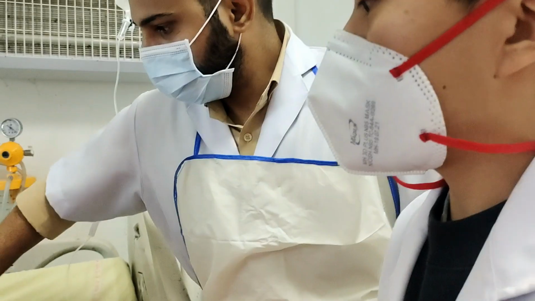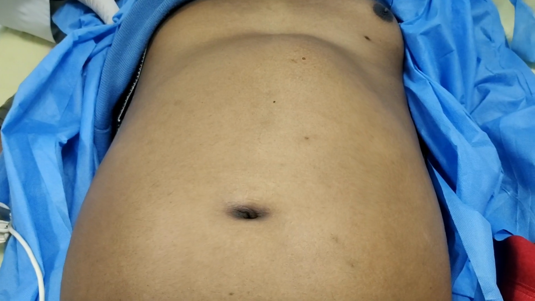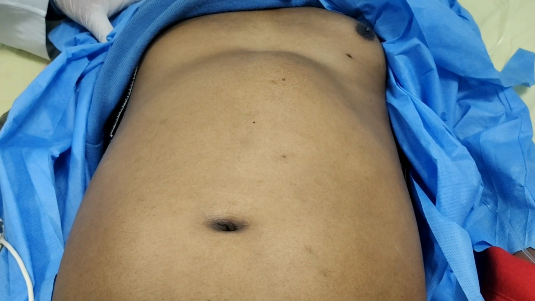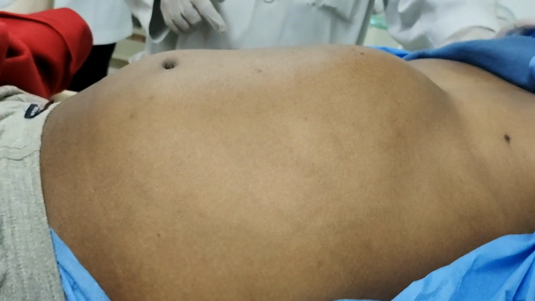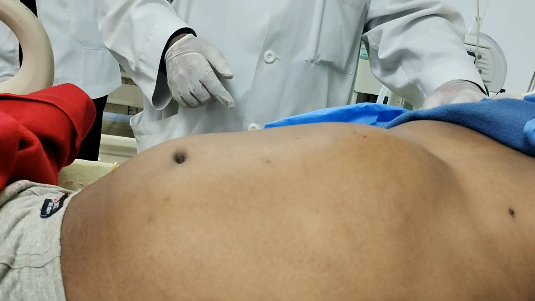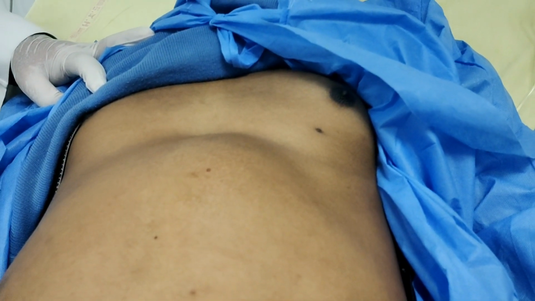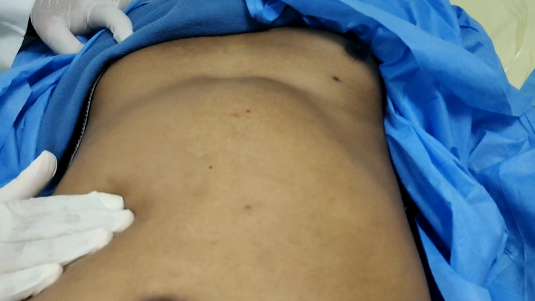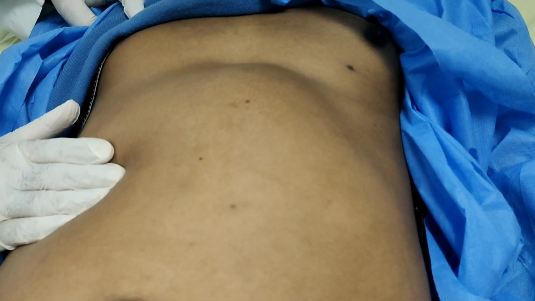So, 31-year-old patient presented with abdominal pain. Classical abdominal features: abdominal distension, and the patient has a tachycardia of 107 and BP was 115 by 76. On per abdominal examination, the patient had diffuse abdominal tenderness with a lump felt at the epigastrium of around 10 by 10 centimeters. Other than that, there is no guarding or rigidity, and bowel sounds are present. Ultrasound findings showed 600 cc of collection.